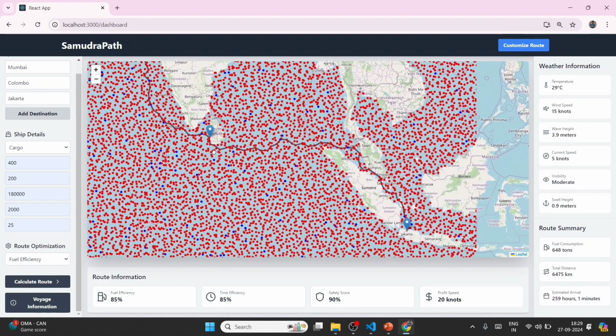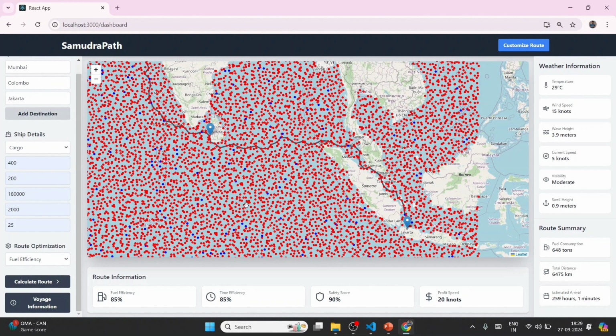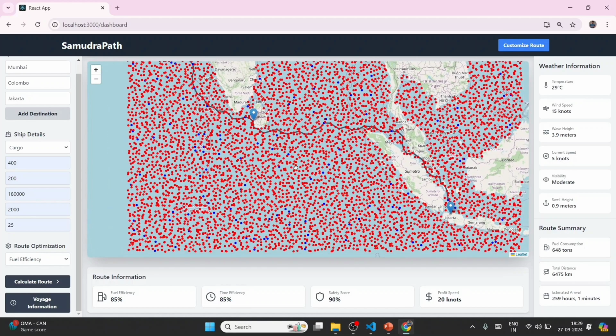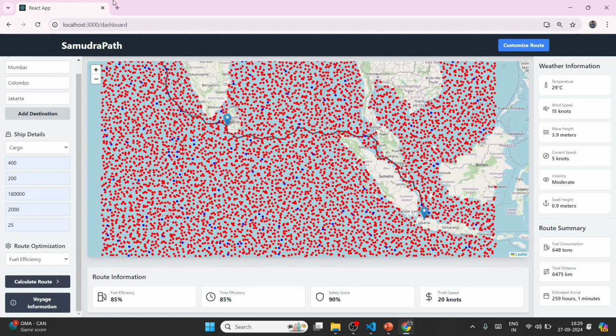Now, below the map, you find detailed route information, including real-time data on fuel efficiency, time efficiency, and many more. On the right-hand side, weather data is displayed, which is extracted from real-time sources to give the most up-to-date conditions. Below the weather information, there is a route summary.